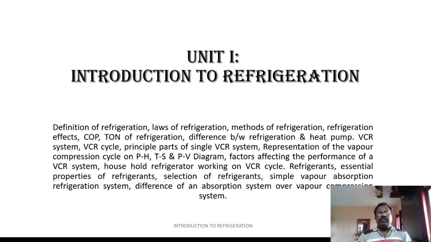So let us consider Unit 1, which includes definition of refrigeration, laws of refrigeration, method of refrigeration, refrigeration effects, COP, ton of refrigeration, difference between refrigeration and heat pump, VCR system, VCR cycle, principal parts of a single VCR system, then representation of this VCR cycle on pH, TS and PV diagram, then factors affecting the performance of a VCR